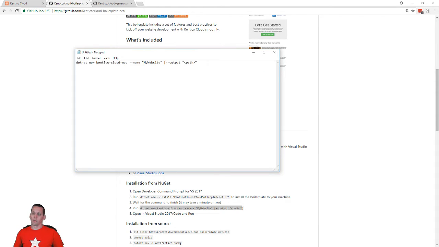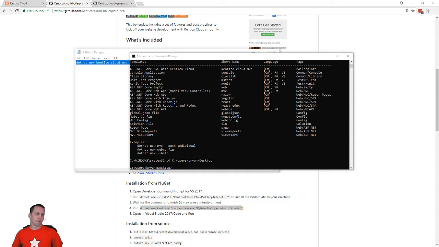And if I really wanted to, I could specify an output path, but I'm going to change the command prompt to be in that directory anyway. So it's going to create it there. And I'm going to call it, let's just call it this demo. 803 live KC demo. All right. So if I run that command, so just to show you what that folder looks like on my desktop,